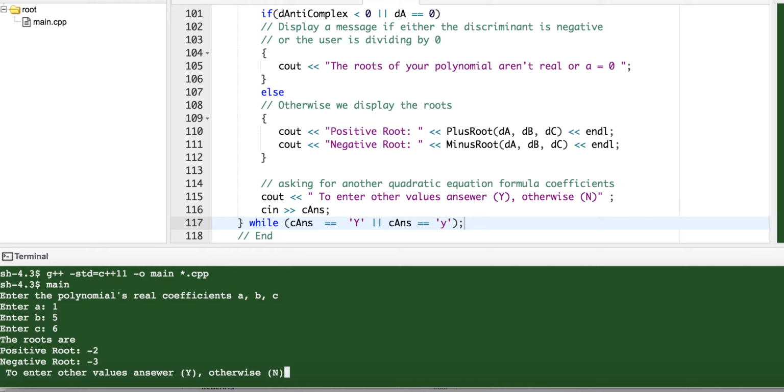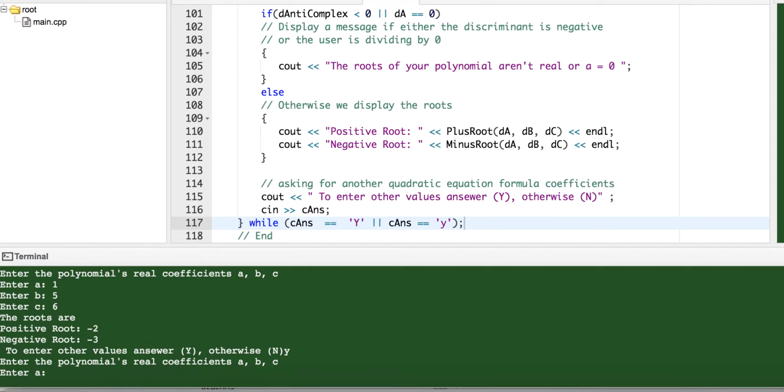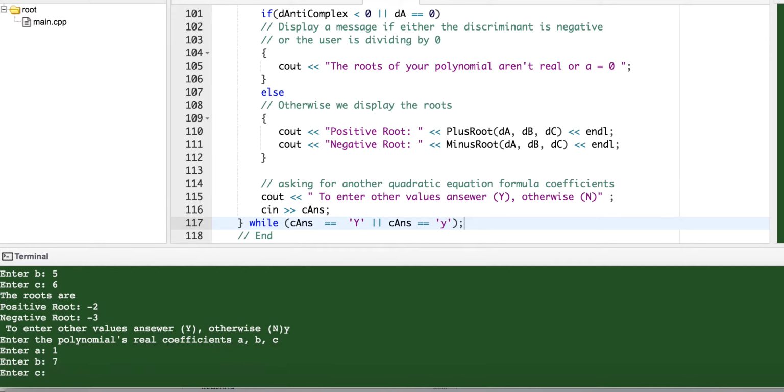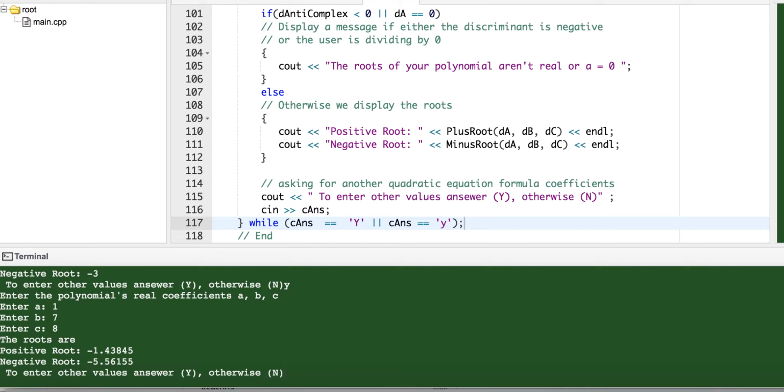To enter other values, that answer is wrong, but I mean the message: yes, otherwise no. I will say yes with a lower y. So I put another, I don't know, 1, 7, 8. That is the answer. So when I put something different,